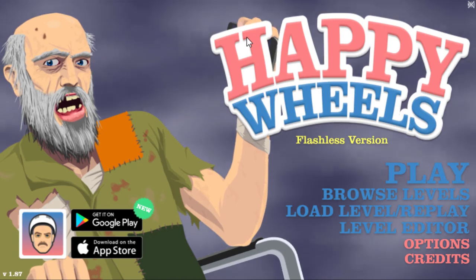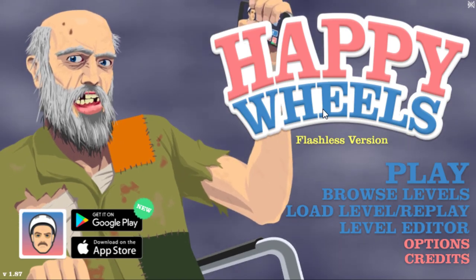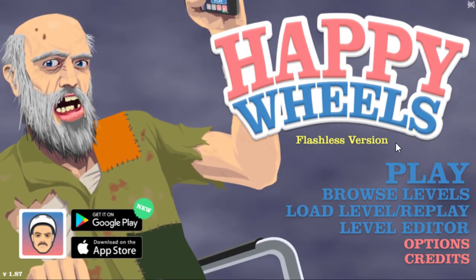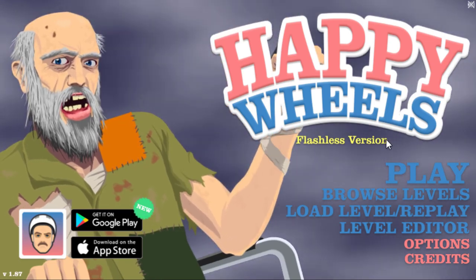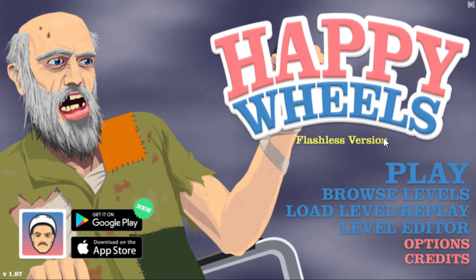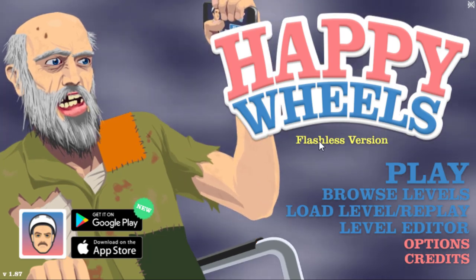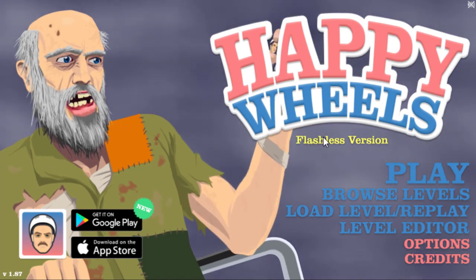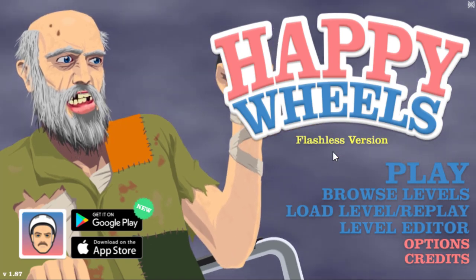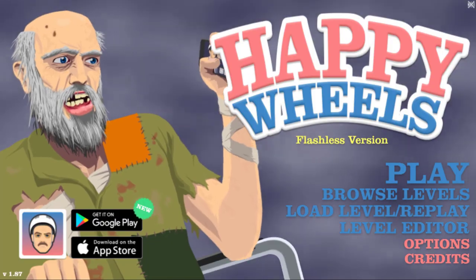Heading on to the second one, if you notice right here, it says Happy Wheels, but then it says down here, Flashless version. Now, on computer, when you normally used the Flash version, it wouldn't have anything here. And so in the new update, they added this thing right here that says Flashless version. Now, this thing changes every time you reload the page. So if I reload the page right now,